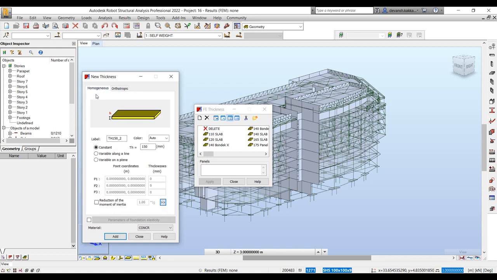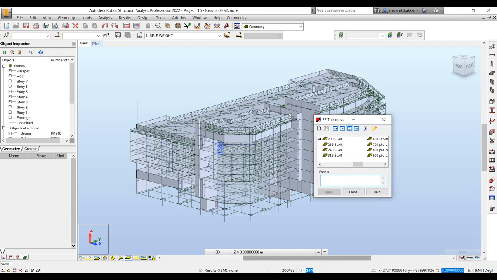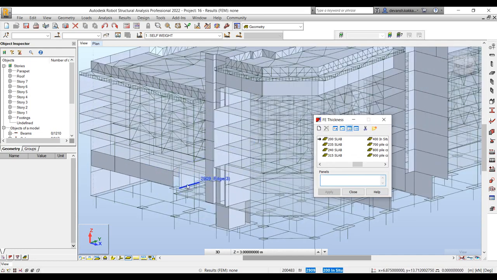So in this case, let's say I want to define the thickness of one of the slabs in my model, so I can just quickly specify the thickness value. Once I click on add, it automatically gets added to the list. From the list, I can select the requisite property. So in our case, we want a 200 thick slab and I want to associate it to one of the slab elements within my project.